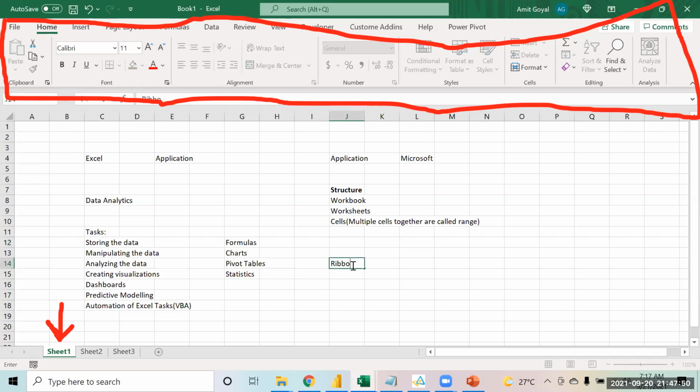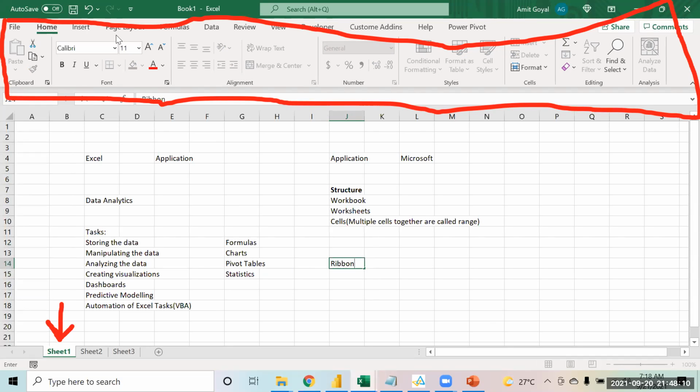The good thing about Microsoft is that when you use different Microsoft applications, say Word, Outlook, or PowerPoint, you will find this ribbon is quite similar everywhere.